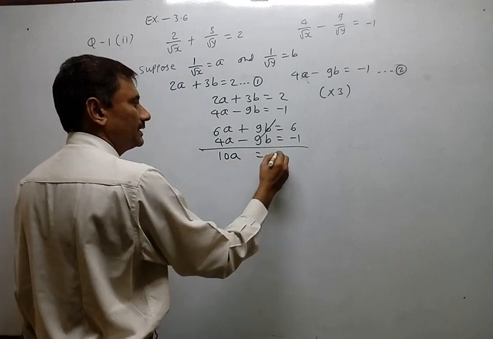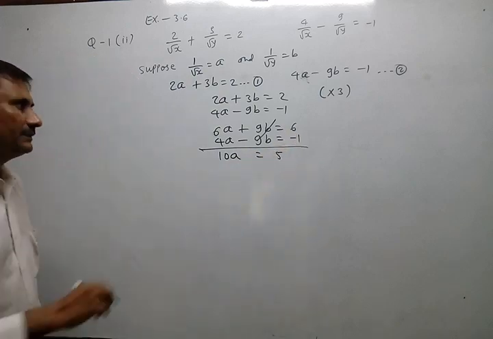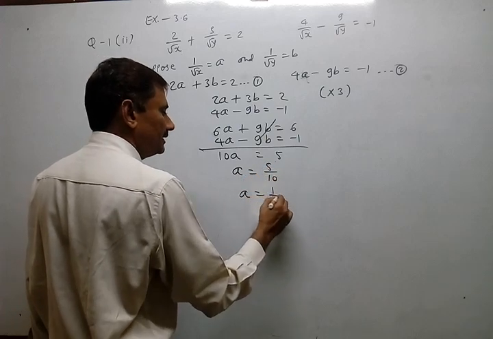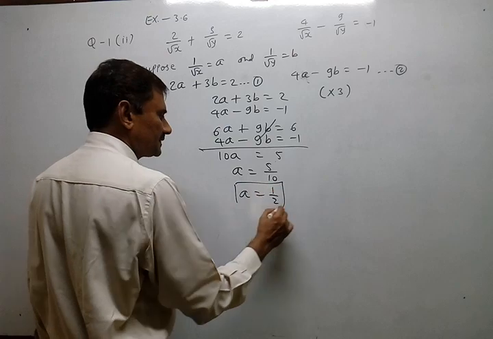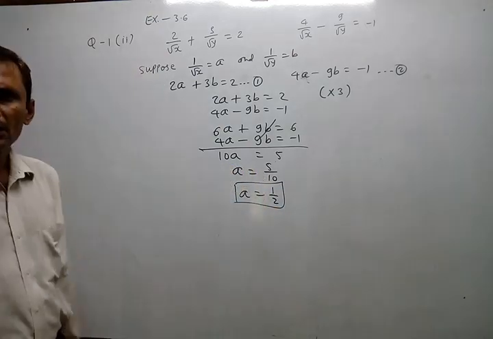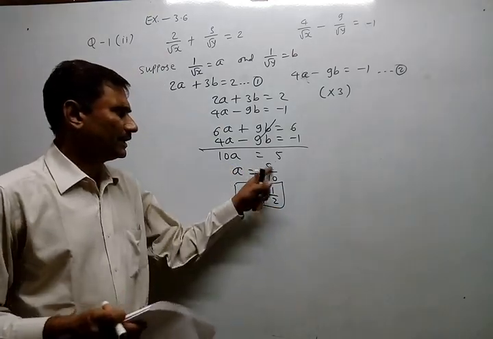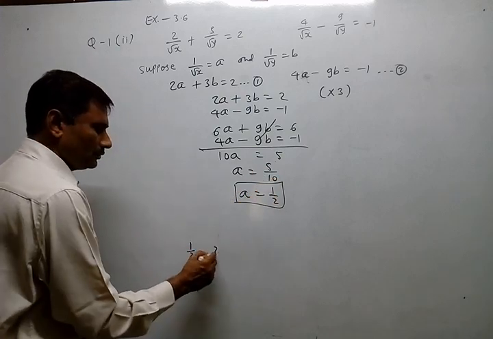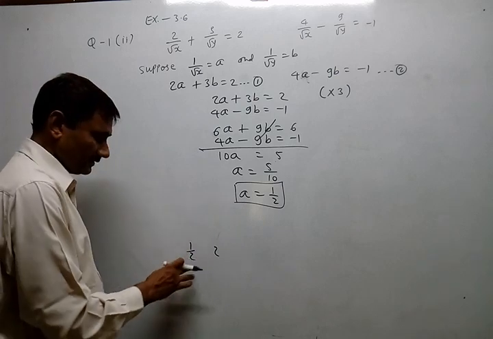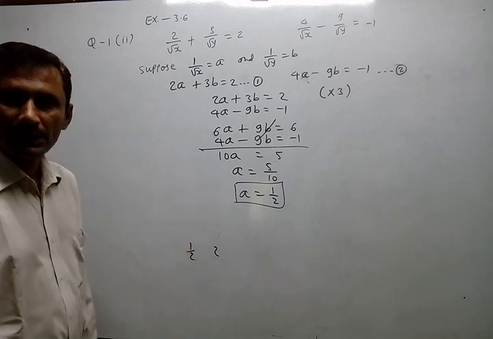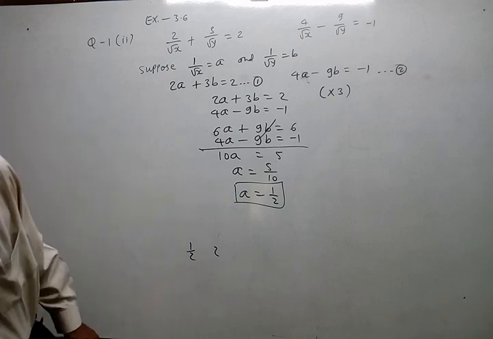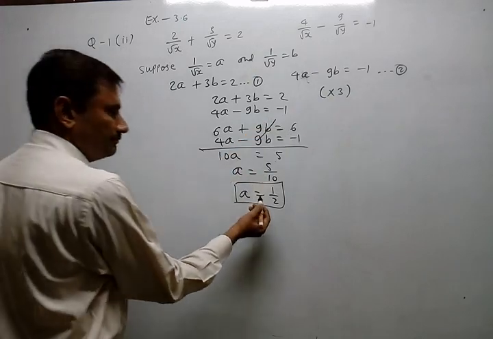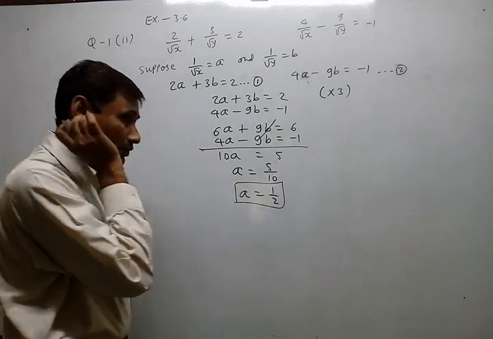This is 10a and it is 5. 6 minus 1, 5. So a equal to 5 by 10. So a equal to 1 by 2. Many students make a very silly mistake here. They write down 2. Just understand, where is 2? At the denominator, not at the numerator. And some students think 1 by 2 and 2 make no difference at all. Many students think both are equal. Half and 2, both are equal? So be careful. What is actually the value? Not 2, but 1 by 2.